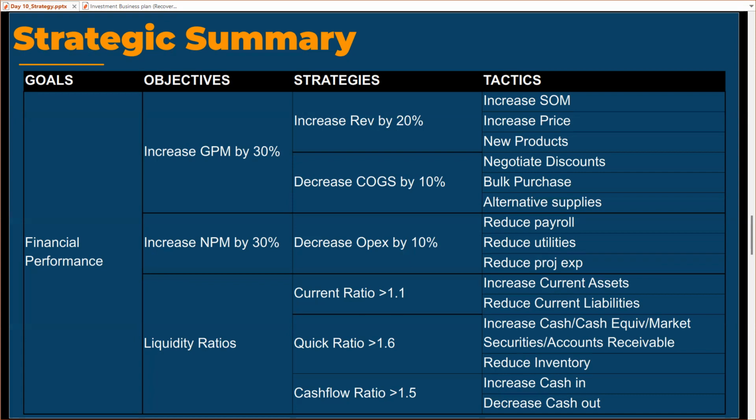So if their goal is to increase market share, they will now see what competition they can do, what kind of advertisement they can do. So those things come now at the business level. The business teams, let them define their strategies. At the corporate level, our strategy was just to grow the revenue. But at the business level, the strategy will be even more detailed, that we're going to advertise, we are going to run campaigns, we are going to give free, I don't know what, lead magnets. We're going to do